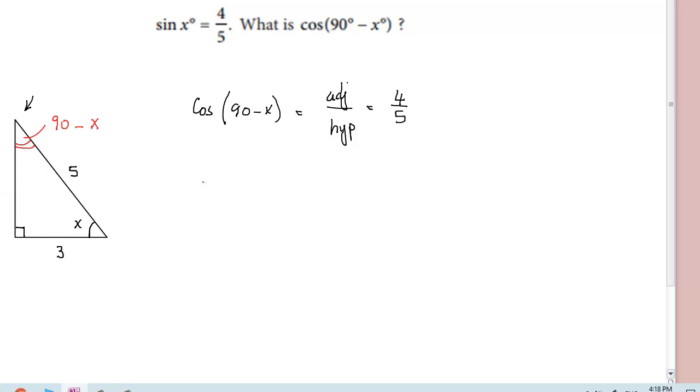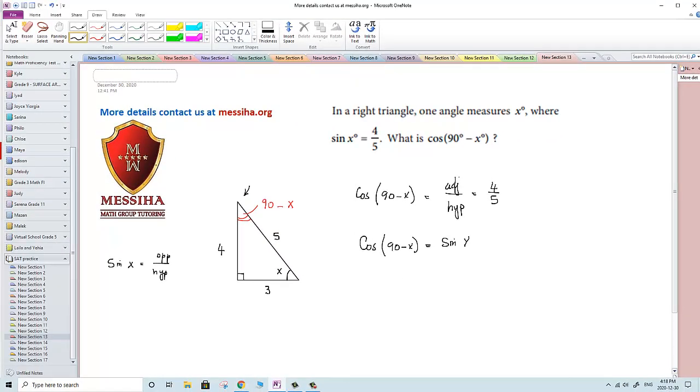And from here there is a famous relation that cosine of 90 minus x should equal sine x. Therefore 4, 5 here and 4, 5 here, sine x. So when we have the question, what is cosine of 90 minus x? Right away the answer again is 4 over 5, exactly like the sine of x. Next,